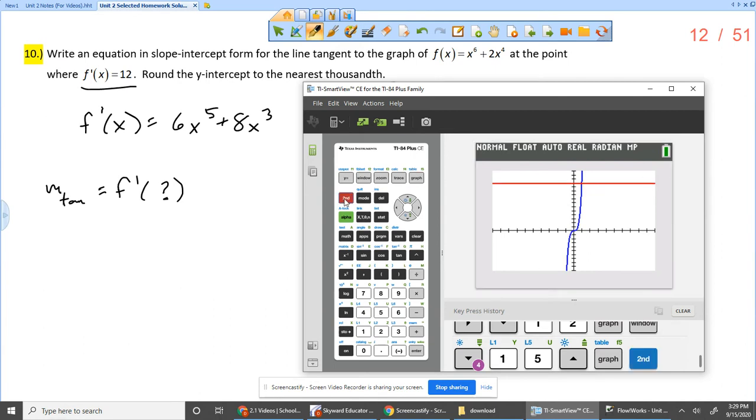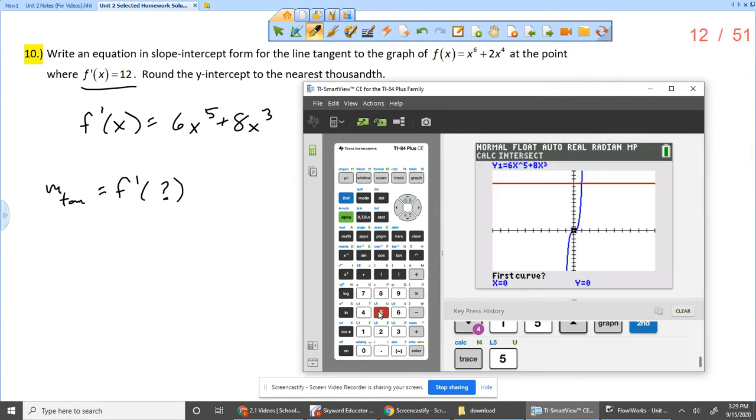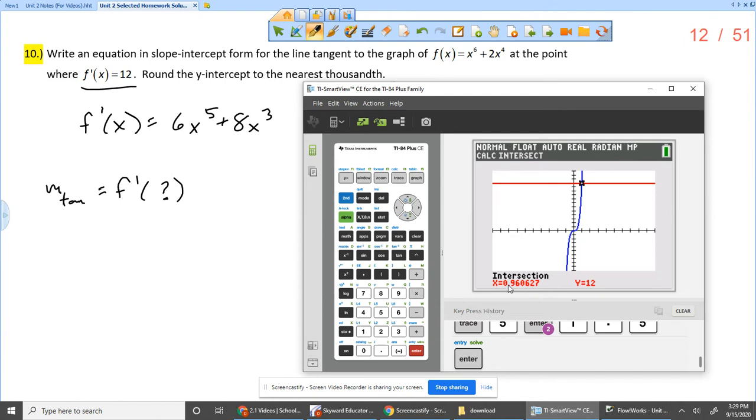I'm going to use second trace, number 5, intersect. The first curve is y1, yes, hit enter. The second curve is y2, yes, hit enter. Now guess. There's only one point of intersection, so I can just hit enter again, but you could always type in a guess, like 1.5. I'm going to hit enter, and it turns out that it is this value, x equals